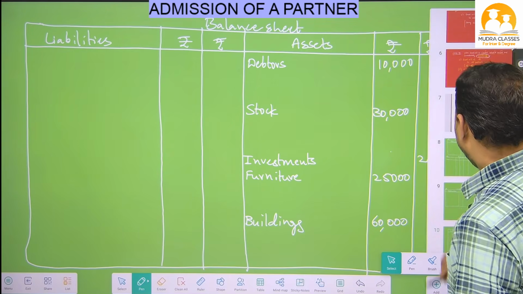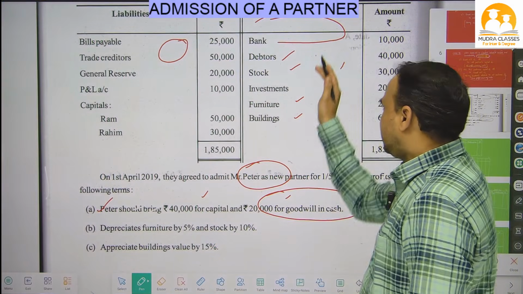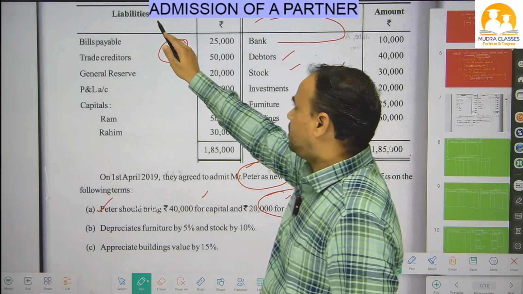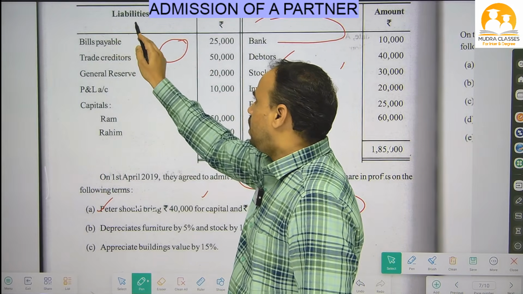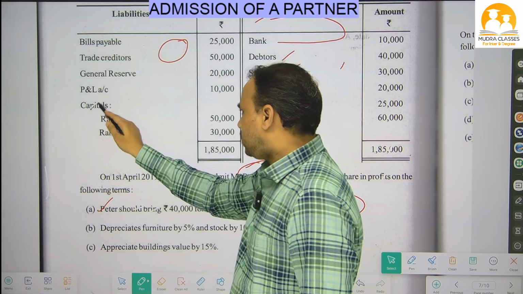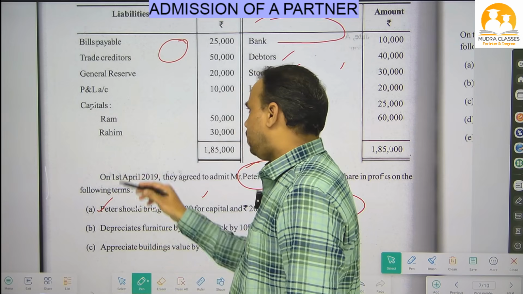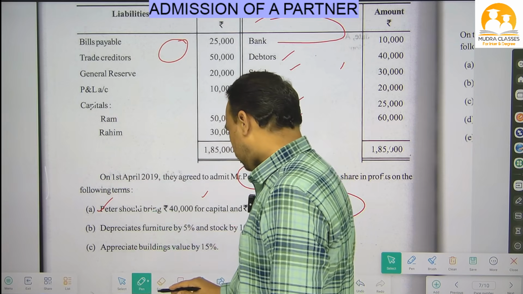The same question only. Now the asset side all items are completed. Now see the liability side. Okay, asset side all items completed. Now we will see the liability side. On the liability side, what is the first item given here? The first item given is capitals, capitals of, see here,